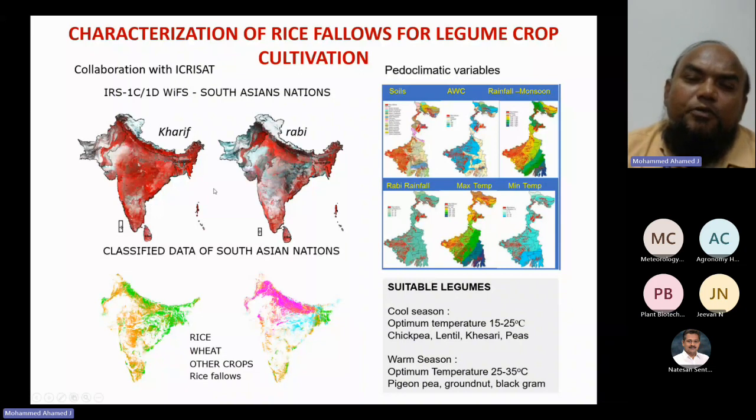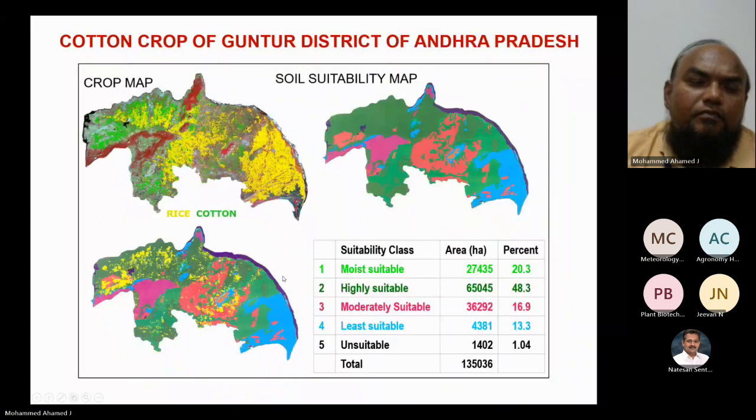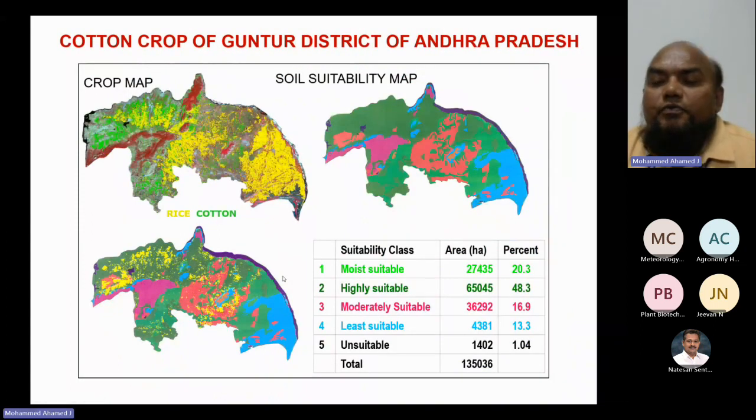It has been a project from our center, RSC, in collaboration with ICRISAT, and areas that are suitable for legumes were identified, both for cool season and warm season, and that has been depicted in this slide. So likewise, both as R&D, as operational work, or as student research, we can identify the areas that are suitable for taking up crops